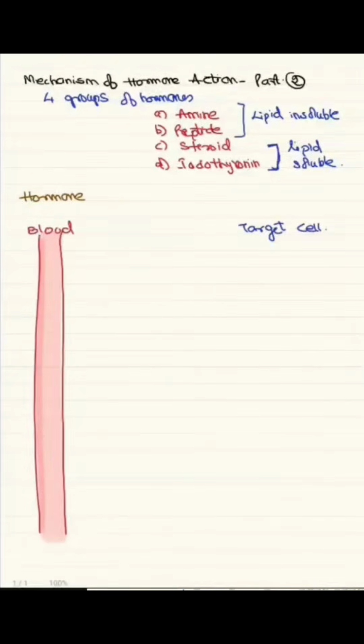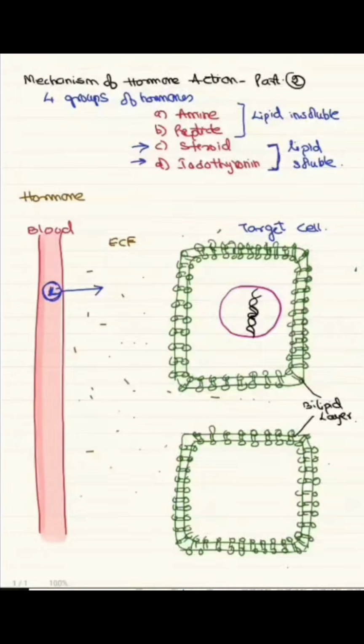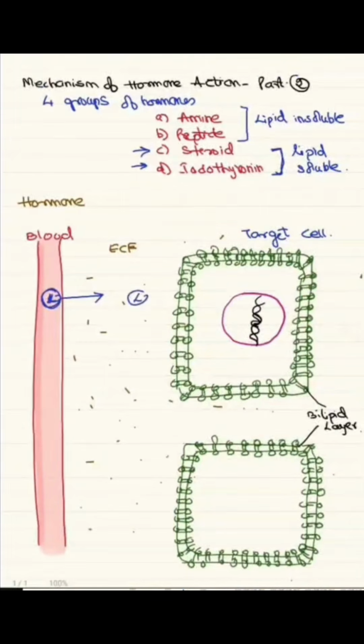You know that the hormones are carried through the blood to the specific target cells. These target cells have a plasma lemma made up of a bilipid layer. We'll first take the lipid soluble hormone. I take it as L, as lipid soluble. From the blood, this is released into the ECF. And because it is lipid soluble, the plasma membrane, which is a bilipid layer, will directly allow it inside the